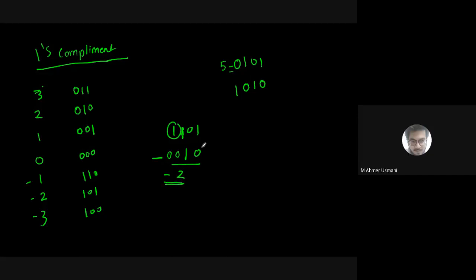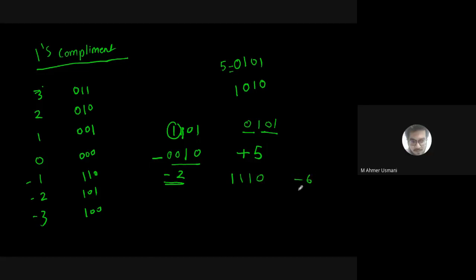Yes, sir. Okay, if I write down something like 0 1 0 1, tell me this number now. Just tell me the sign. What is the sign? Positive. Since the number is positive, that means this is the actual value, the true value. What is this value? 101 is nothing but 5. Is this clear? Yes. Okay, I'll take another random number, 1 1 1 0. Tell me the number.